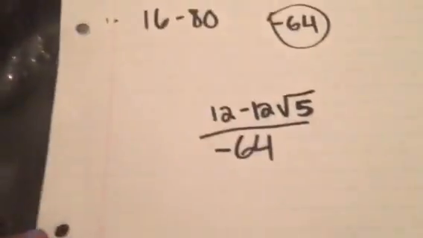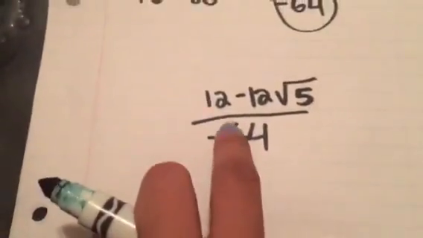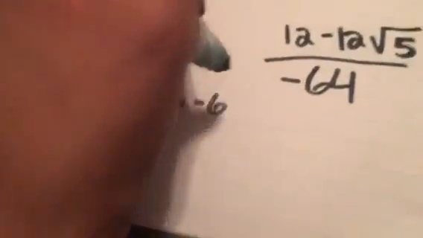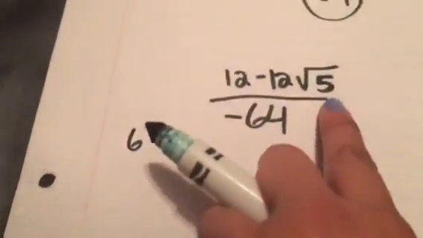Now, if you're thinking we are done, we still have just a few more steps to do. Because we can factor out a 2 here, we can divide this by 2 to get it even simpler. So then we have 6 minus 6,